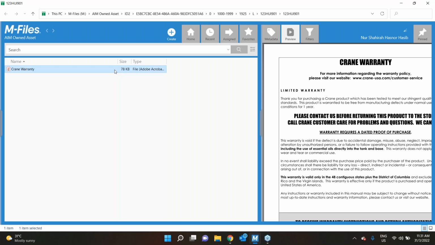So by having all the documents in your DMS such as M-Files, like I mentioned, you can upload any file size, any file type, and then you can link those documents to your CMMS like what I have shown you in this demo.